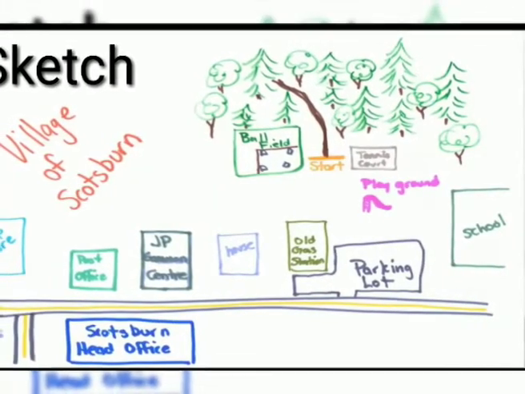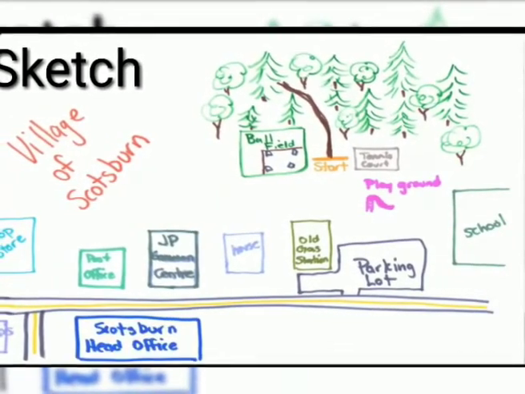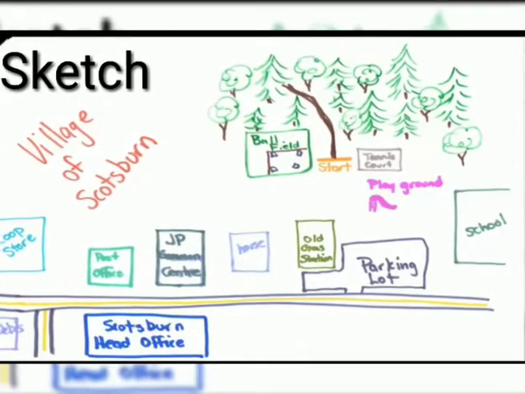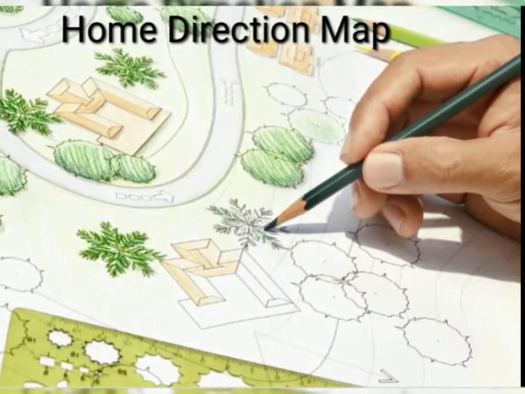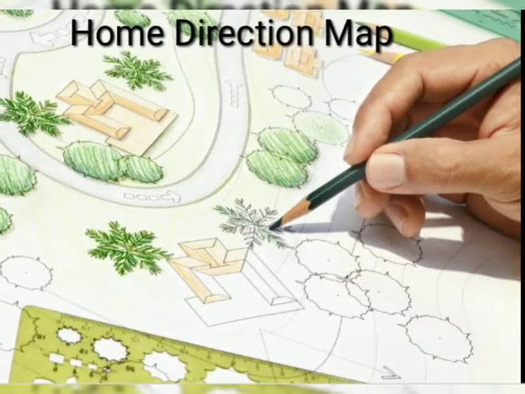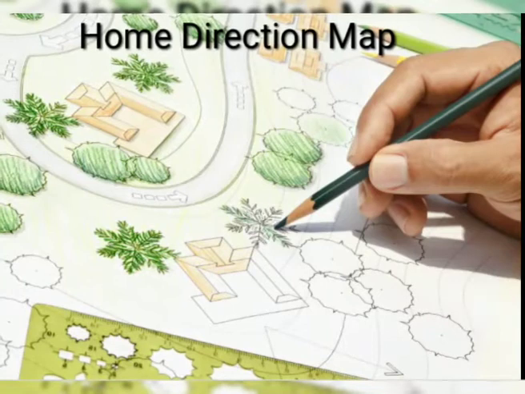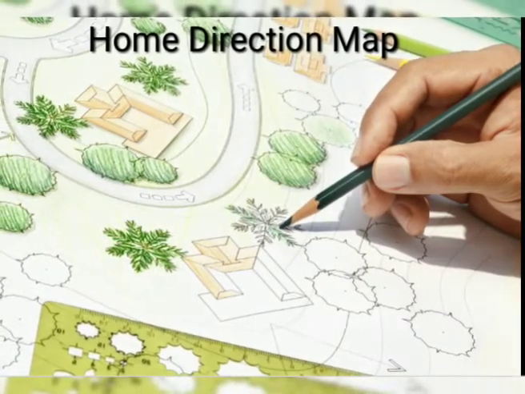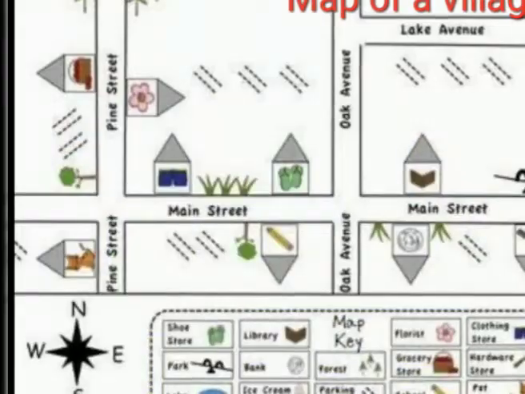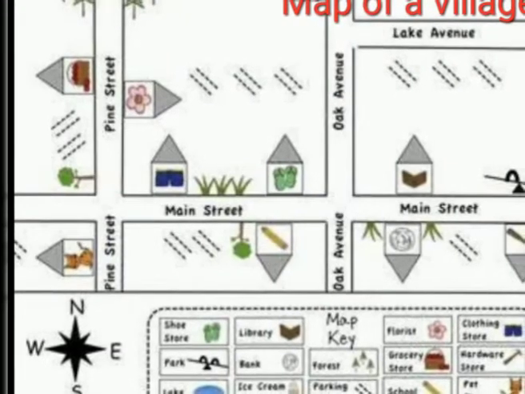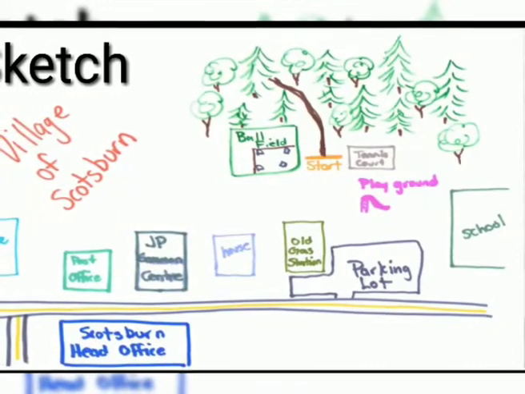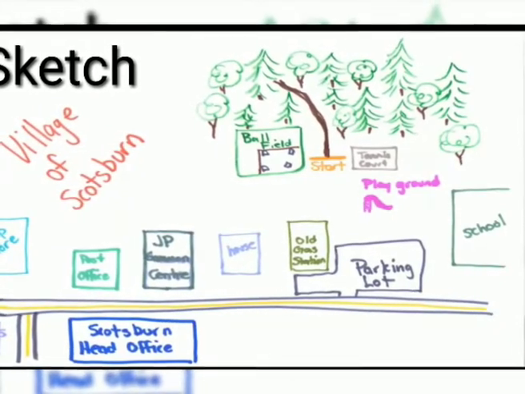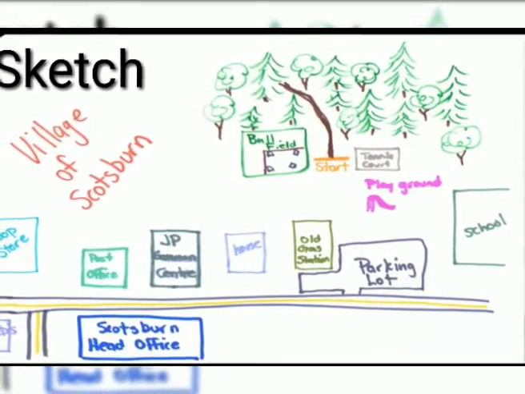Sketch. A sketch is a drawing mainly based on memory and spot observation and not to scale. So when somebody helps someone locate a particular place, for showing their direction, like you are helping your friends locate your home, you are not using any scale. You are just making a rough diagram, that is known as a sketch. A rough diagram drawn without scale is known as a sketch map.